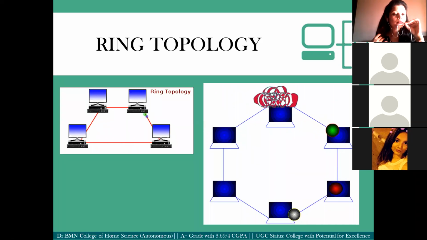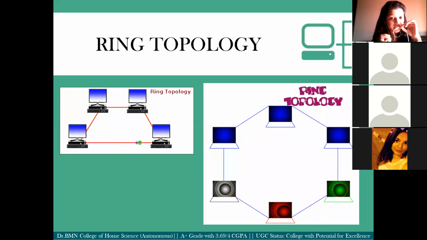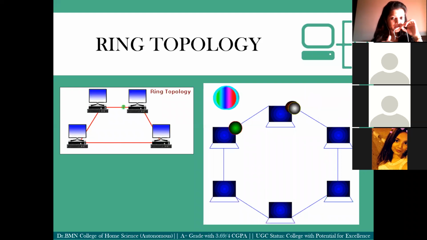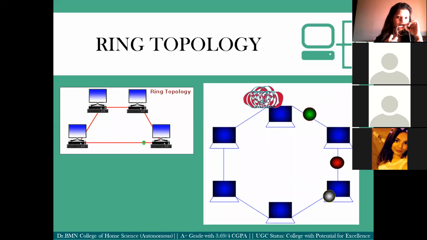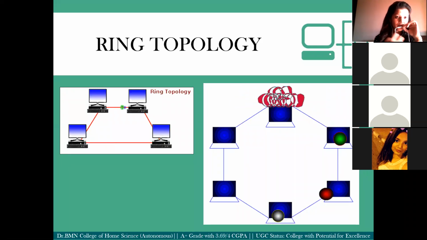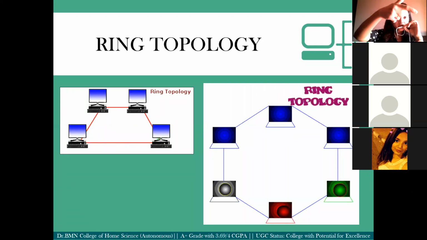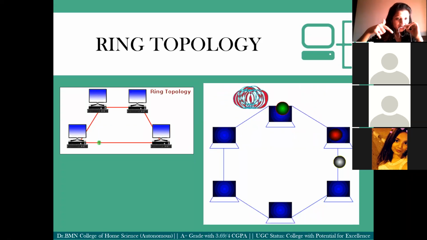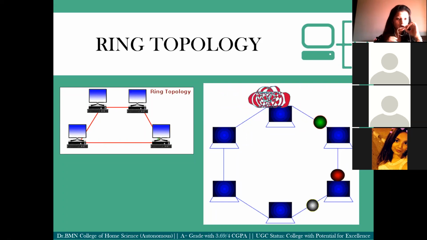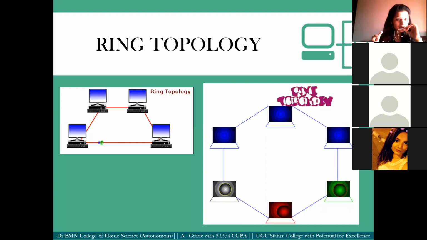Ma'am, what is a repeater exactly? A repeater is a hardware device which is programmed in such a way that when I receive any bits from one machine, the repeater will check my address along with the bits that I receive. Both the addresses will be matched. If the addresses match, then the repeater will conclude that these bits are for me. If the addresses don't match, the repeater will conclude that these are not for me and it will pass them further.